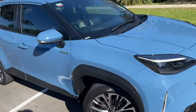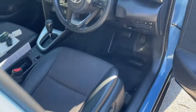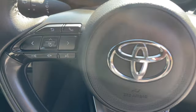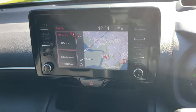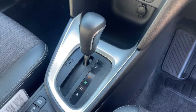The front parking sensors there too. Take a look at the interior. So we've got cruise control, active city stop, lane departure warning, dual airbags, front and side, Bluetooth connect. 45,000 kilometres, my apologies. Satellite navigation, reverse camera, it's a big colour screen, climate air conditioning, heated seats, automatic transmission,